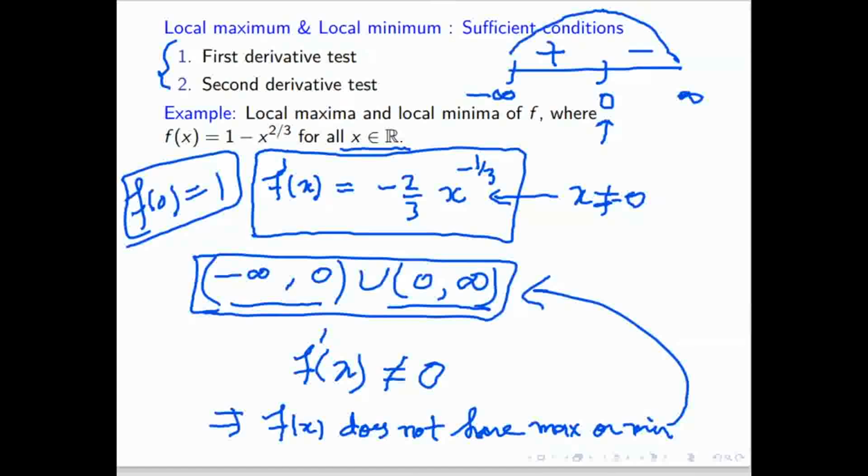First we'll see the points where the function is not defined. When the derivative is not defined, we cannot differentiate, so we have to check those points separately. The second case is that the derivative gives information only about interior points, so boundary points we have to check separately. So you have to check 2 kinds of points separately: the points where the derivative is not defined and the points at the boundary. Those points you have to check separately in order to find maxima or minima.